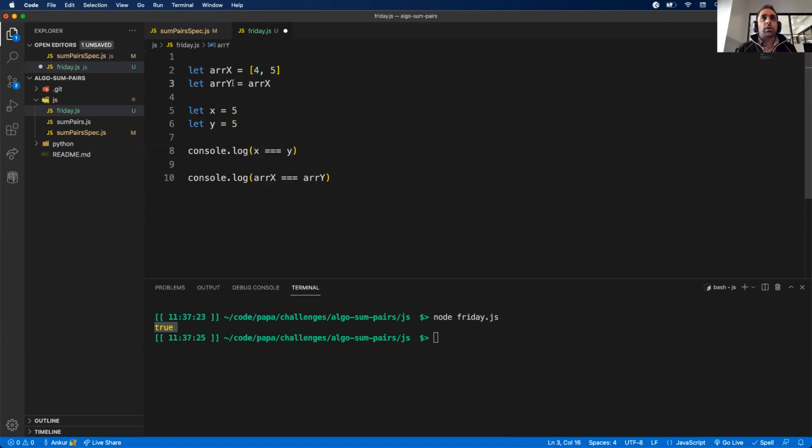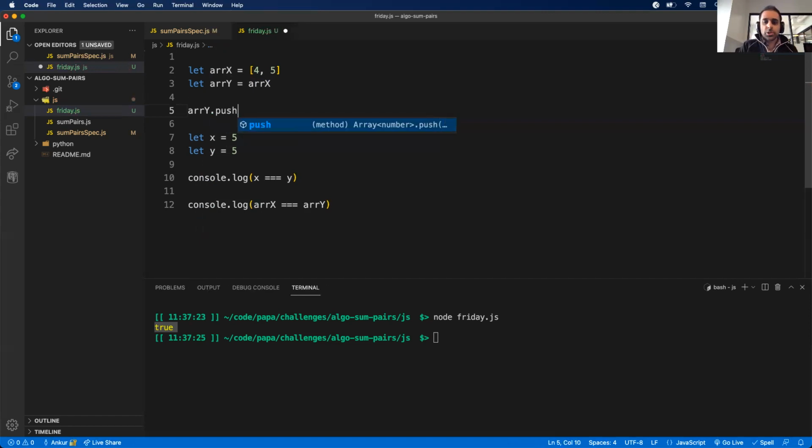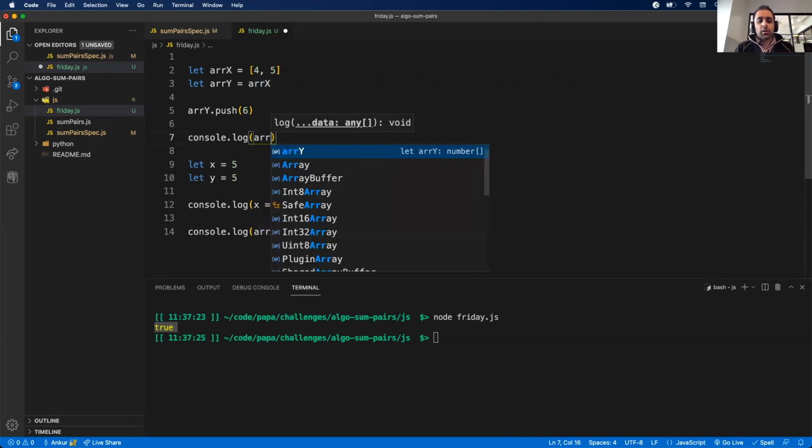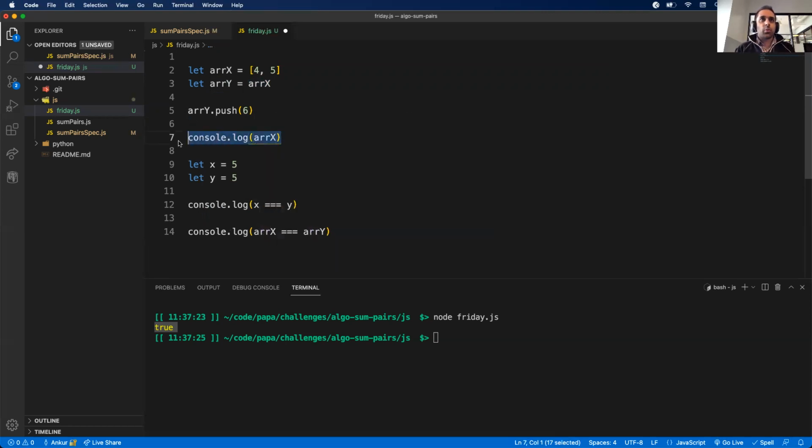So if you do something like arrY equals arrX, again, it's easy to miss. Like if I do something like arrY, let's change the second index. Or let's actually append to it. So we're adding a new value to it. In JavaScript that's push. I constantly make those mistakes. So let's add a 6 to it. Reading this code offhand, I'm like, okay, I have a variable, I'm appending to it. So arrY is going to be updated, but arrX is going to remain the same. That is not true because both of these are referring to the same exact place in memory, the same list. So now if I did a console log of arrX and arrY,